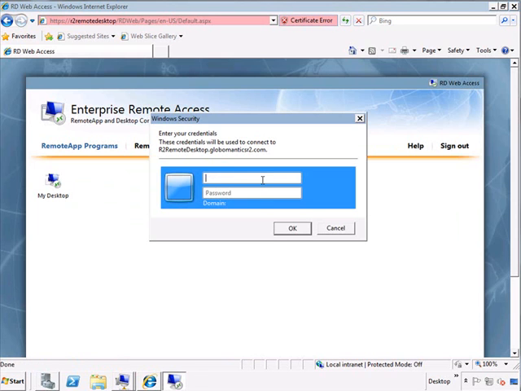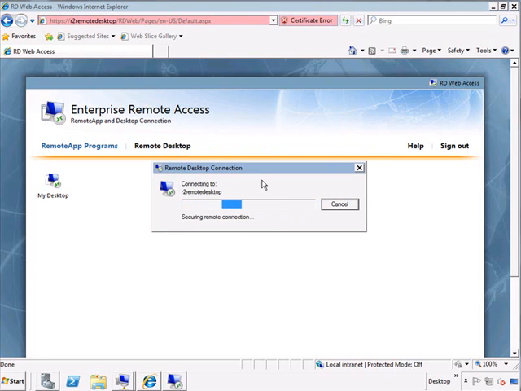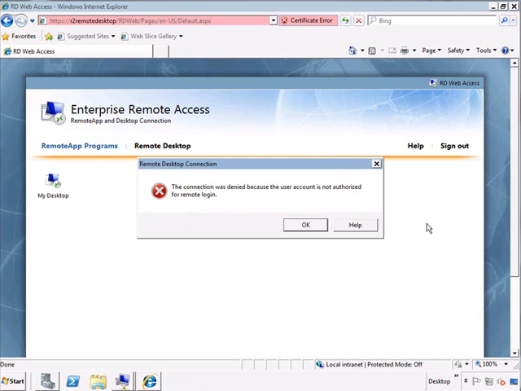All right, and let's see here. Let's go ahead and put in G-Money's account credentials again here. And we'll see if we can get to that Windows 7 machine that we have set up. And the connection was denied because the user account is not authorized for remote login. Okay, well,